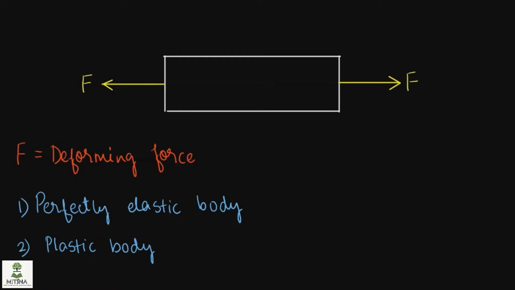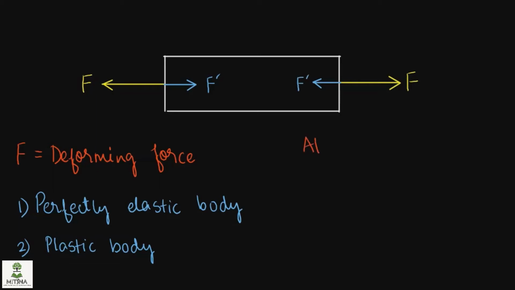So a perfectly elastic body is the one which perfectly regains its original shape after removing the deforming force, and a plastic body will remain in a deformed state after removing the deforming force, and it does not have the property of opposing the deforming force. Now when we talk about opposing, we should always consider that in nature every element wants to be in its equilibrium position or in its state of inertia. We have applied this force F externally, so internally there will be a force which resists this force in the opposite direction. We consider the resisting force to be equal to F dash.